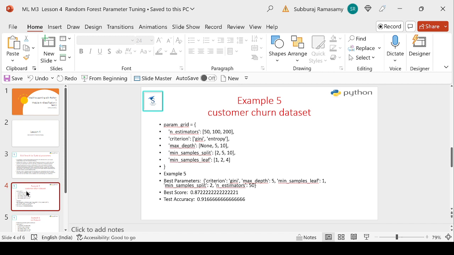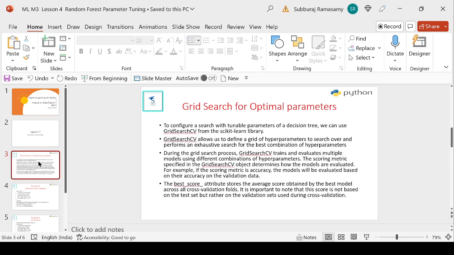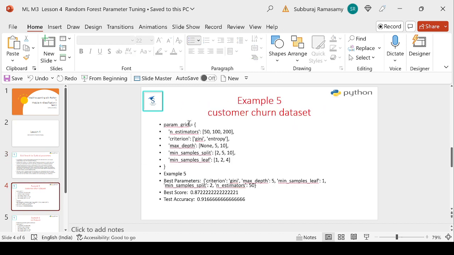So I have taken 2 examples for this. One is the customer churn data set. So this is how I specify in the grid search CV. I said param grid is equal to... So this is the choice I am giving to the program to experiment with: the estimators 50, 100, or 200, and criteria can be Gini or entropy. The depth can be none or 5 or 10. So these things I give, and with this data,